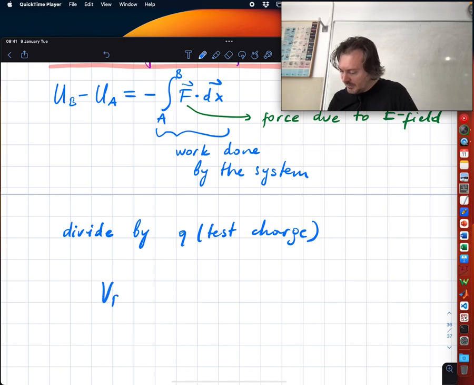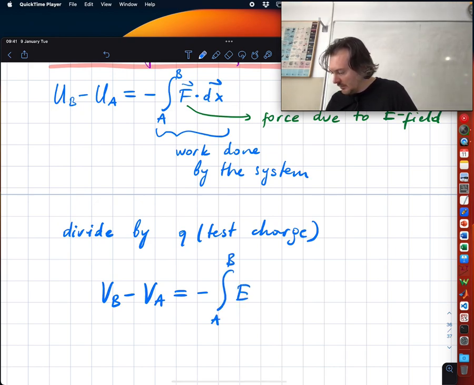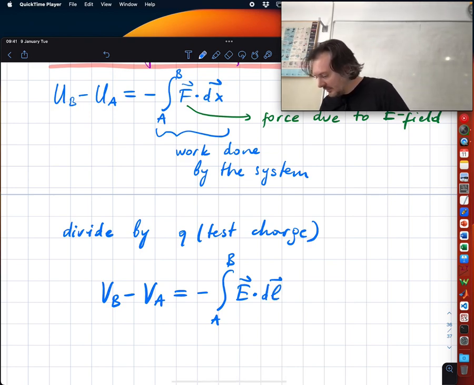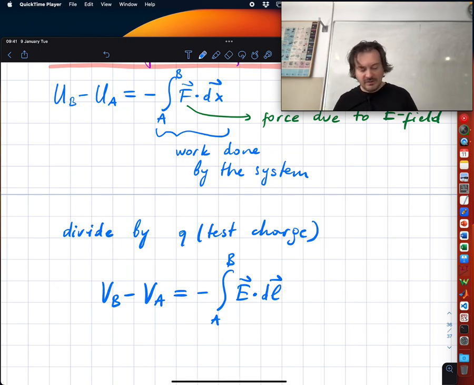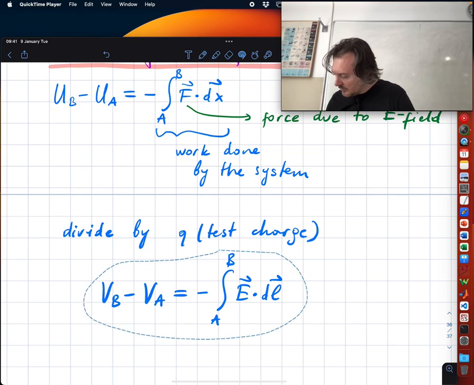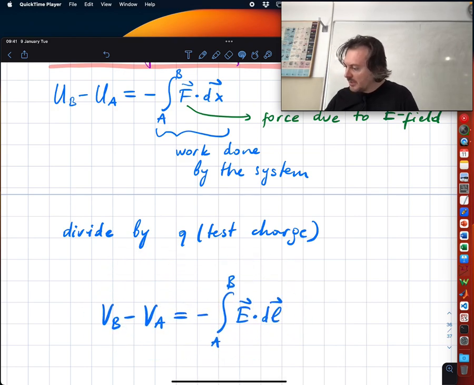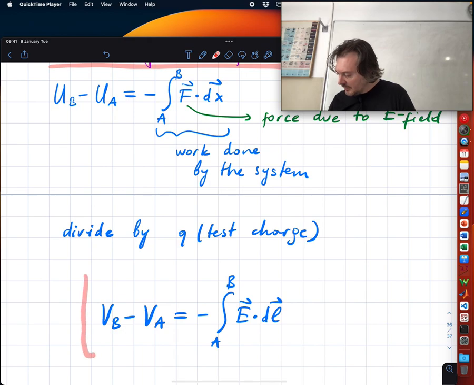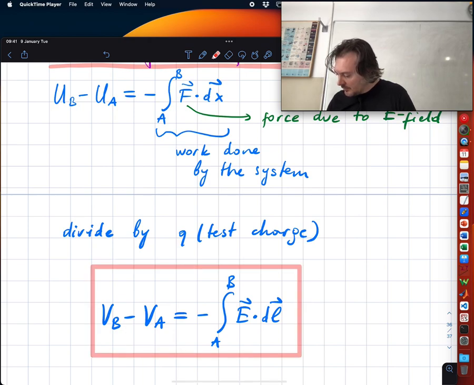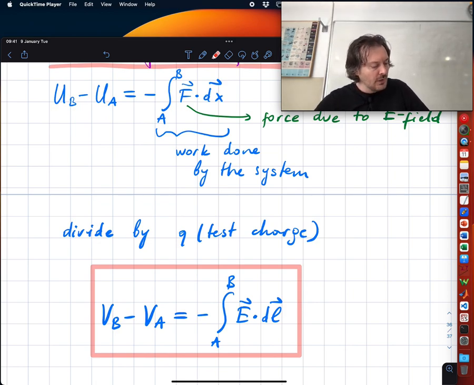This is the formula. VB minus VA is equal to minus integral from A to B E dot dx, or in the electric field section we just call it dl. Okay, so this is the formula. How did we get it? We just remembered that force divided by test charge is electric field, and potential energy divided by charge is potential. Any questions,